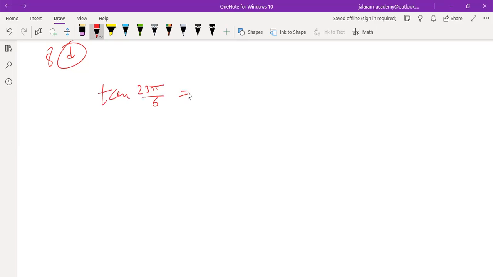Now look at this, 6 fours are 24 is the nearest multiple of 6, 24. So 6 fours are 24 and 1 less than that means minus pi by 6, 24 pi by 6 minus pi by 6, 23 pi by 6. Now 4 pi is equivalent to 2 pi, and less than 2 pi means it is in the fourth quadrant, and in the fourth quadrant we know that tan is negative, 4 pi is non-changer.